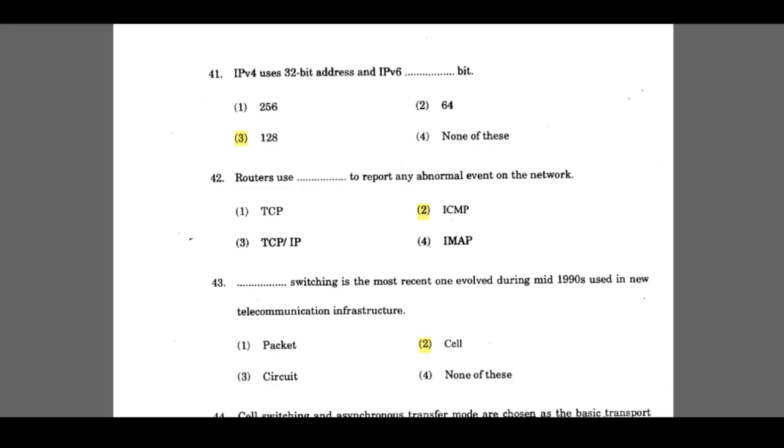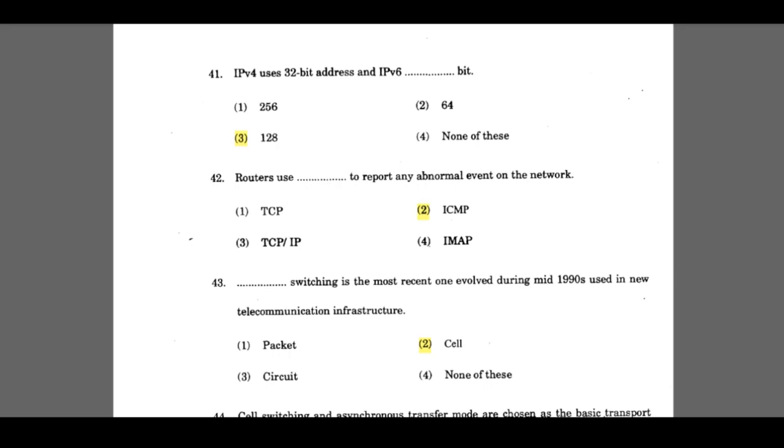41. IPv4 uses 32-bit address and IPv6 dash bit. 128. 42. Routers use dash to report any abnormal event on the network. ICMP. 43.